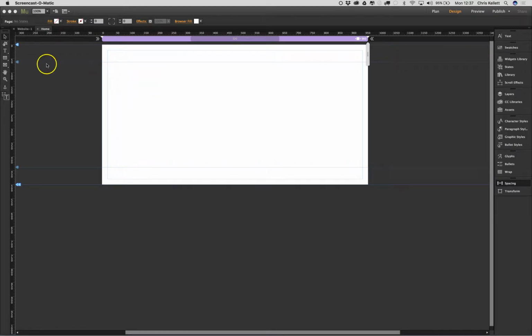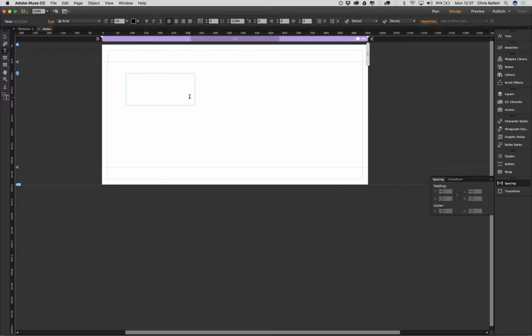Okay, so let's start with the basic button. Now we're going to use the text tool to create this button. You could use the state button, but you'll see that this is a very easy, straightforward way, and it's very manageable as well. We'll start using state buttons later on in this course, but let's start with very basic. So we're just going to use the text tool,